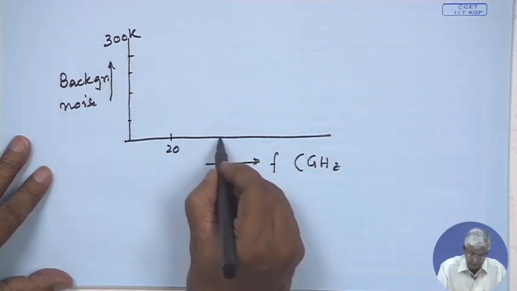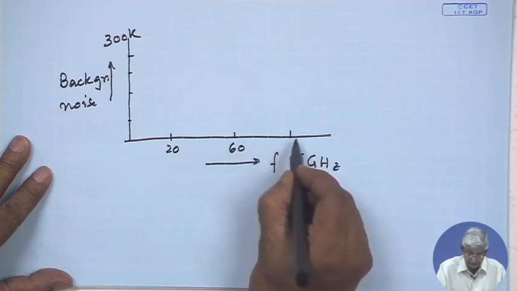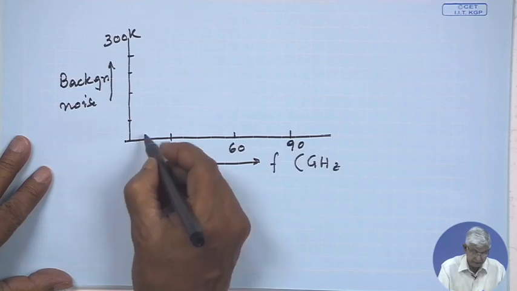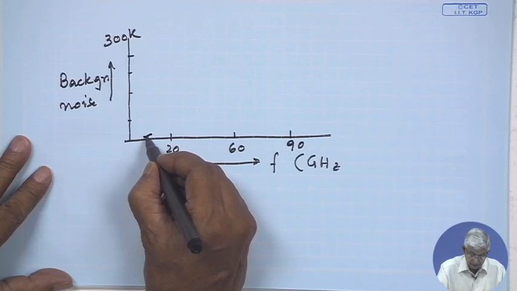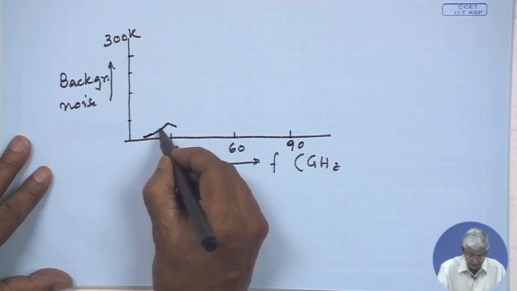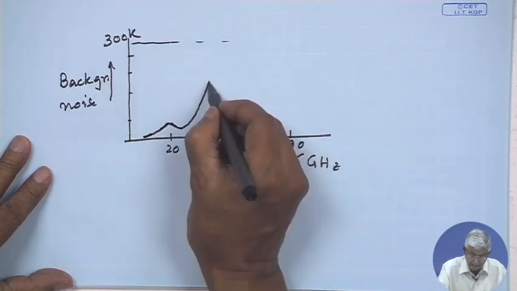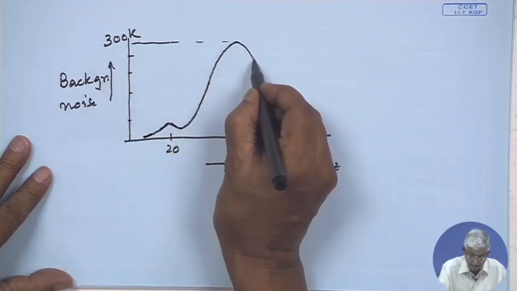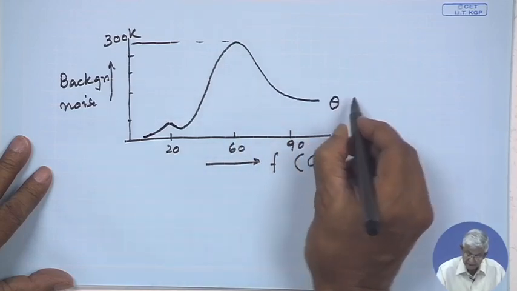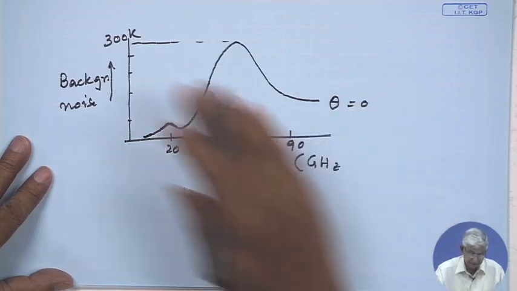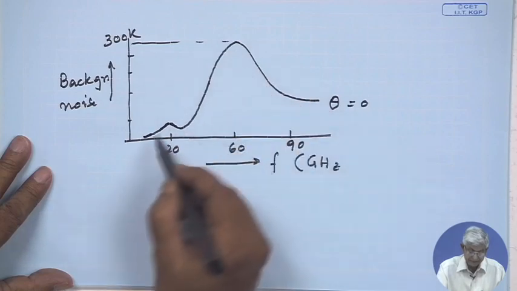This is 20 gigahertz, this is, let us say, 60 gigahertz, and this is, let us say, 90 gigahertz. I will try to give a schematic plot. At very low elevation angle, let us say theta equals 0 degrees, just on the horizon, the noise is like this, sky noise,